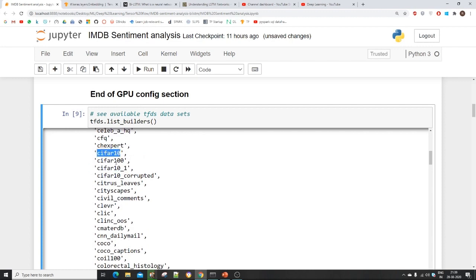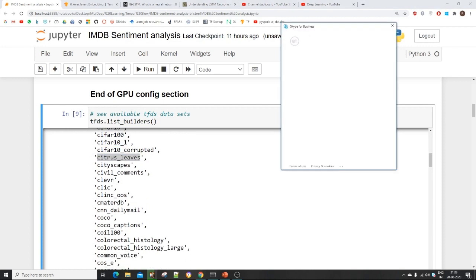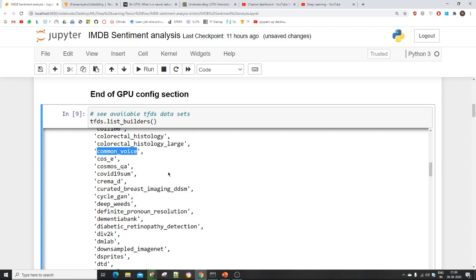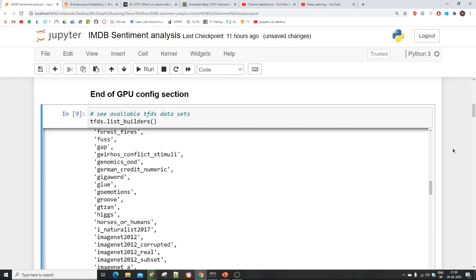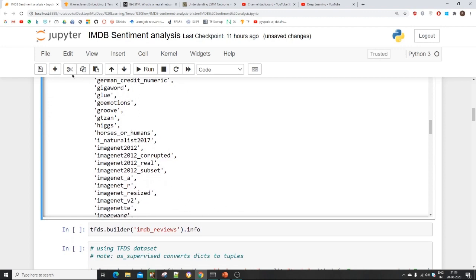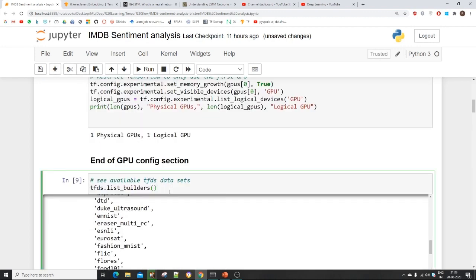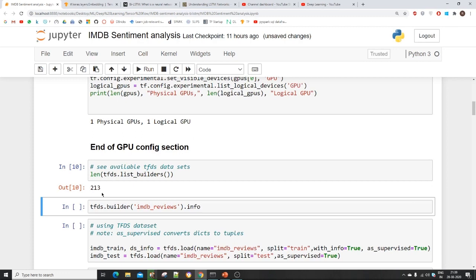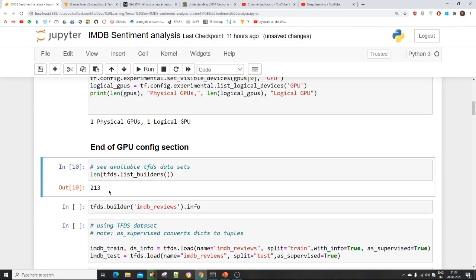This is a very popular dataset, the citrus leaves. You will see Common Voice is related to NLP as well. It has many datasets, and it is increasing every day. If I check how many datasets there are, it has 213. Last week I saw that it was around 201, so datasets are being added every day.